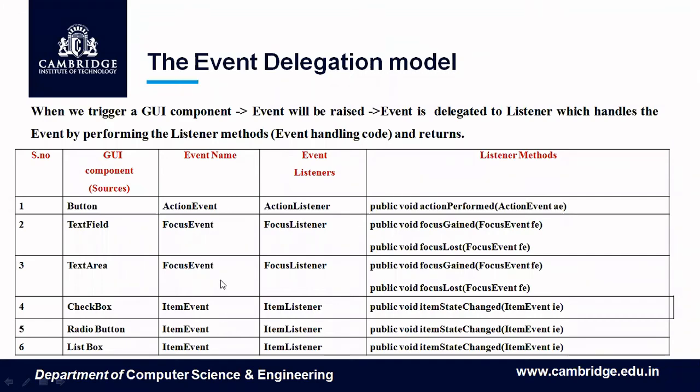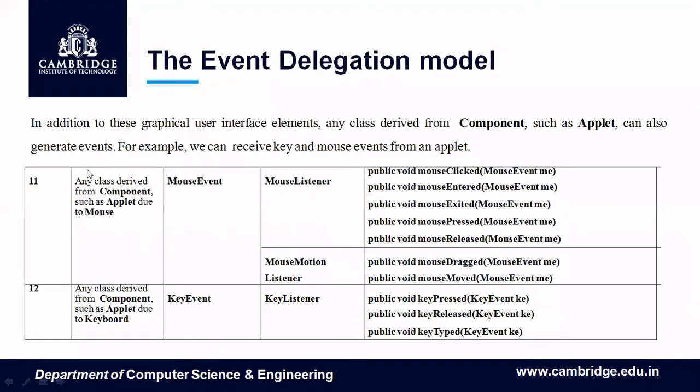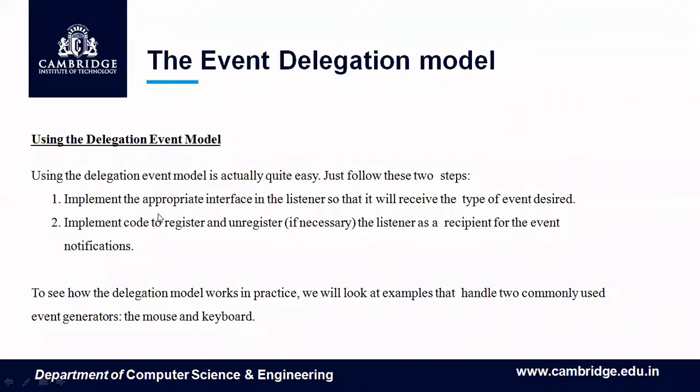All these events have constructors and methods. For example, does key event have a method called getX, isn't it? So those methods, constructors of all these classes, and constants that are involved are part of the theory, which we have skipped as of now. So all the 10 sources we saw. In addition to that, we also have applet as a source. In applet, we can generate mouse event or key event. These are the methods to be implemented, right? So you need to register the listener and you should also implement the appropriate interface.